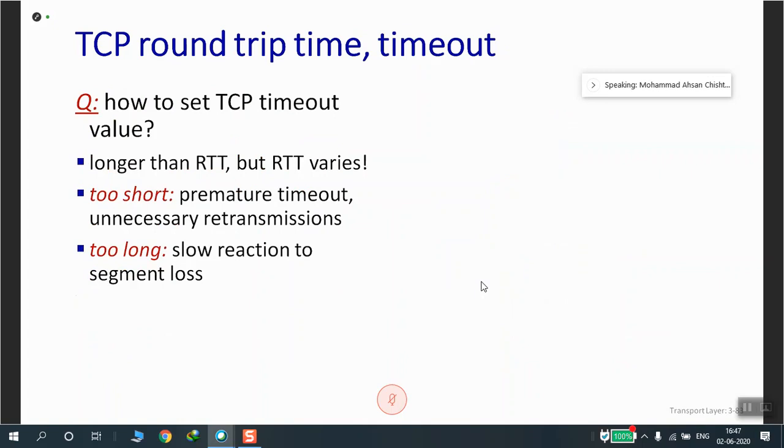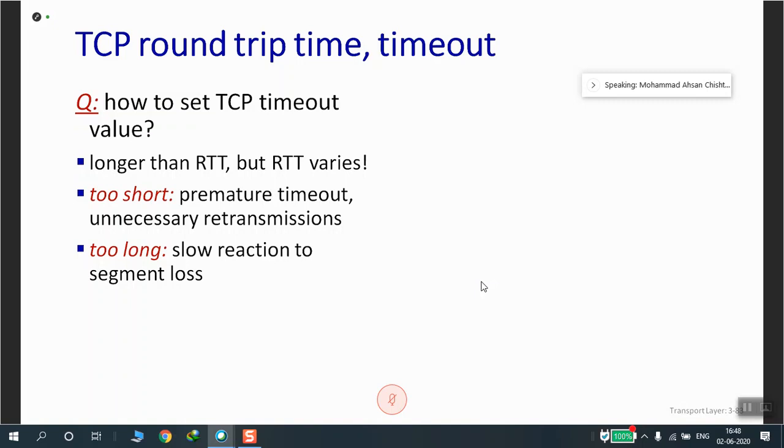Also, it should keep in mind that there are some delays that a packet faces while it is sent from sender to receiver, some delays that would be taken by the receiver in processing this packet, and some delays which may be faced by the acknowledgement while it's sent from the receiver back to the sender. So the timeout should not be that short.